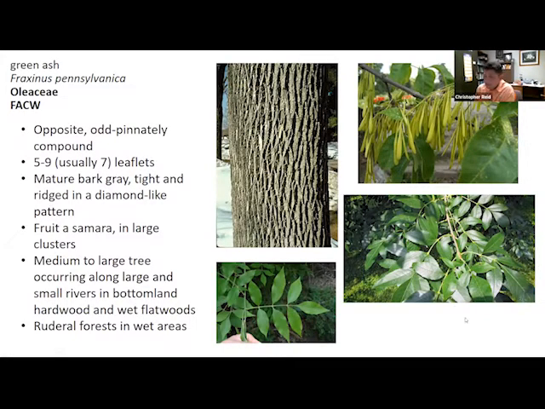So with the compound leaf of ash, we've got the petiole. The blade is outlined here. We've got the rachis, and then we have leaflets emerging from two sides of the rachis like a duck's feather, so pinnate. So green ash is a hydrophyte, FACW,